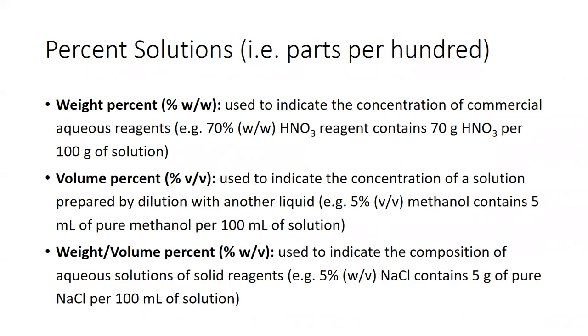So the weight percent is commonly used to indicate the concentration of commercial aqueous reagents. For example, 70% nitric acid contains 70 grams of nitric acid per 100 grams of solution. You also have volume percents that are used to indicate the concentration of a solution that's prepared by dilution with another liquid. So for example, a 5% volume by volume percent methanol contains 5 milliliters of pure methanol per 100